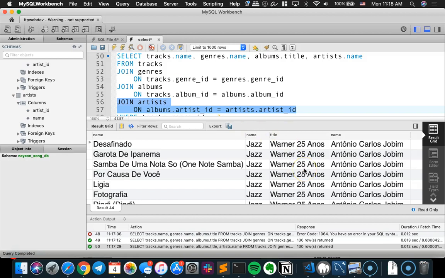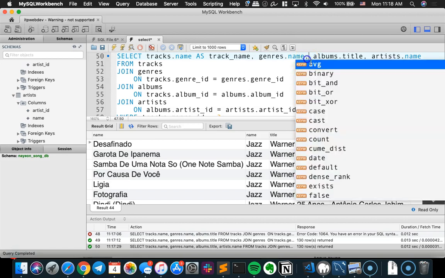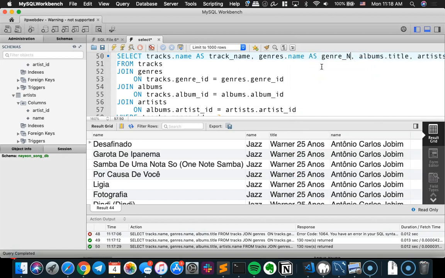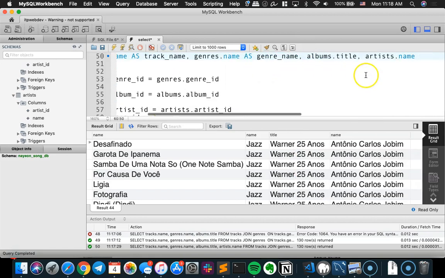in one nice fashion. And then notice all these fields, by the way, all the columns are named terribly, right? Name, title, name. What the heck does that mean? This is where aliasing comes in really handy. We're going to track name as like track name, right? Genre as genre name, and we're getting really, really long here, but